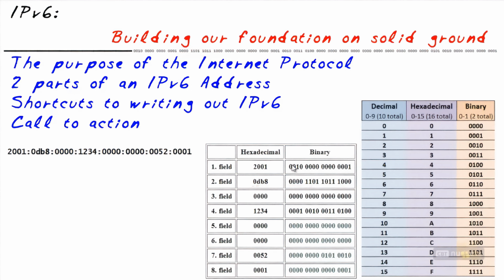The part I really want you to take home from this is the fact that each of these groupings of 4 bits is going to be represented by a single character in hex. And this is the conversion tool right here. Once you start working with it, just realize there's only 4 bits at a time. You don't need to worry about converting 32 or 64 or 128 bits. It's just 4 bits, 1 nibble at a time, with 1 hex character representing the 4 bits in the IP